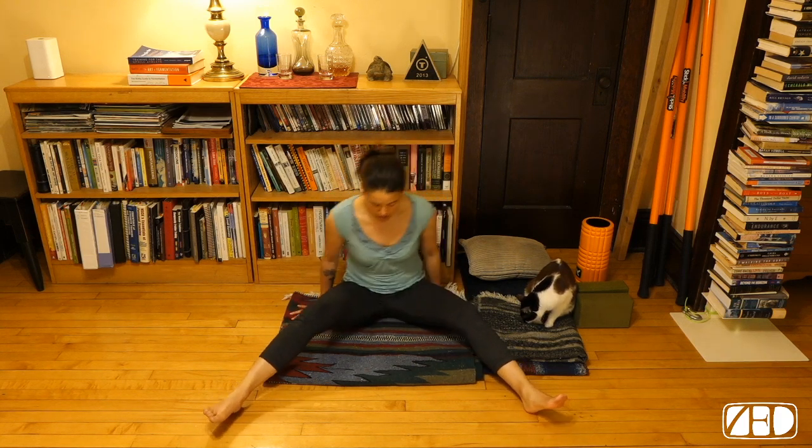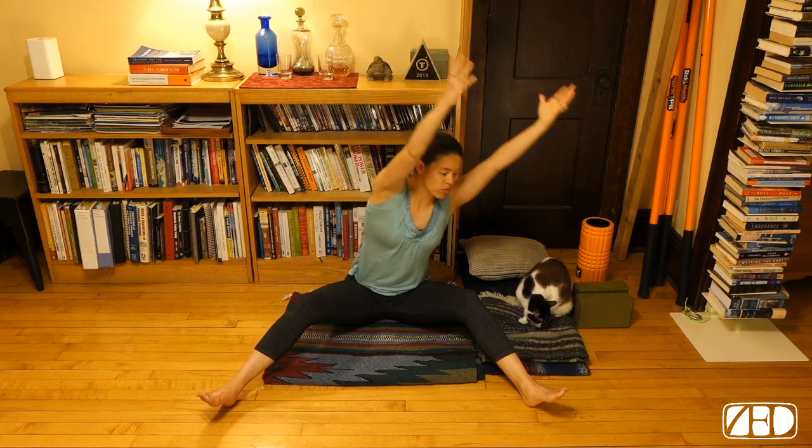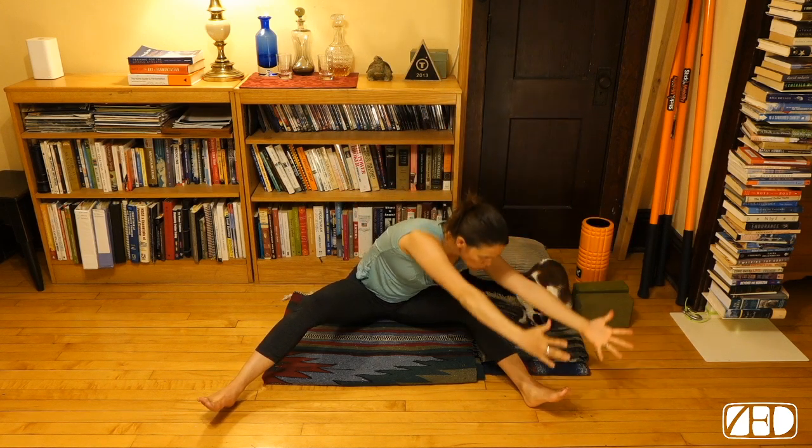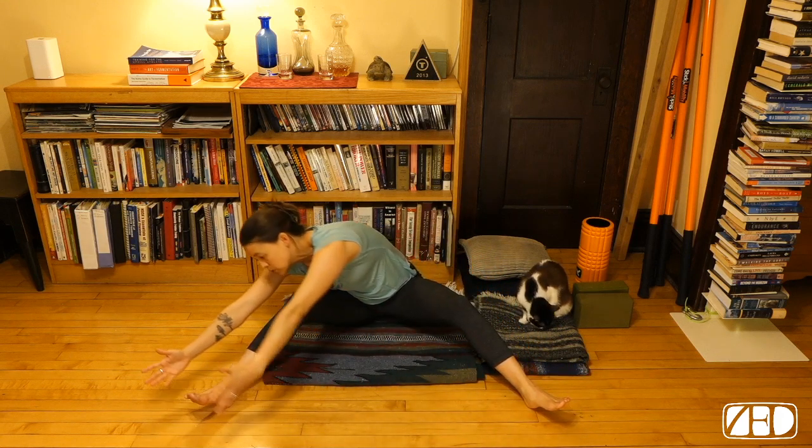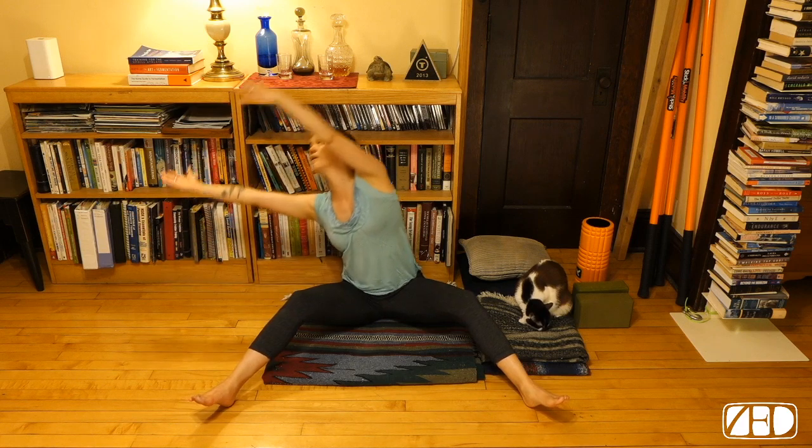For our first flow, we're going to have a wide-legged stance, sitting on the ground. You can have the legs completely straight or bent, whatever feels best for you. We're going to reach the arms up long and tall, and then begin some gentle circles. So I'm going to reach over towards one toe, sweep down towards the middle, over towards the other foot, up and back,